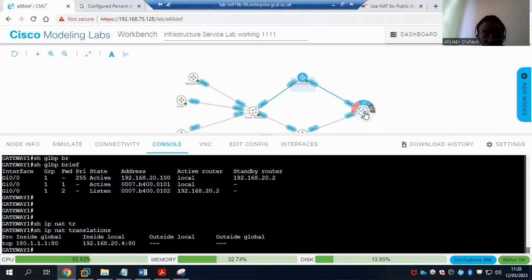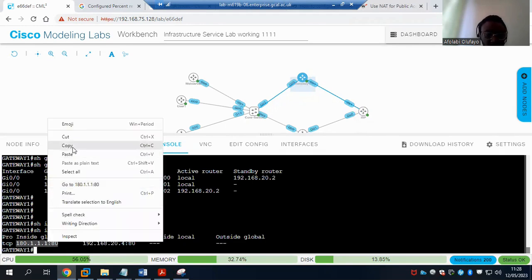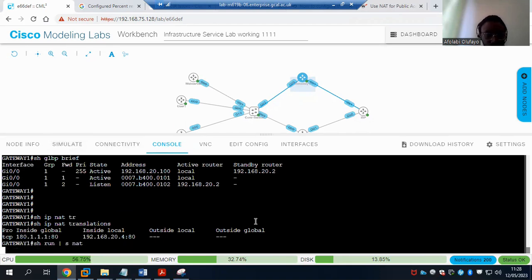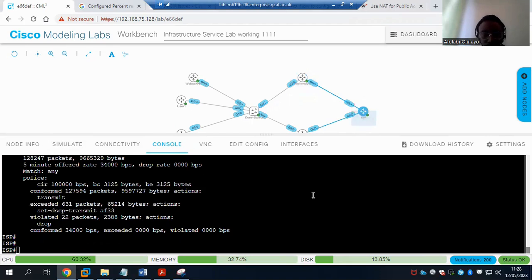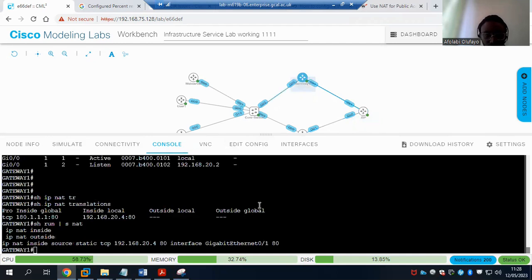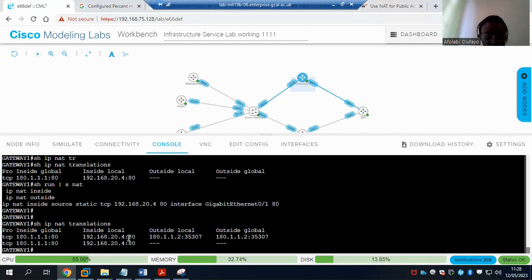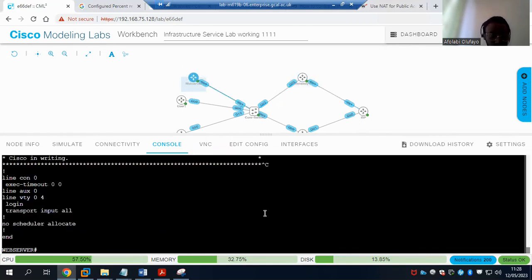Okay, so if I telnet into this IP address from outside, I can see my NAT translation. So I get my NAT translation here, which is directed to the web server, which has the IP 180.1.1.2.